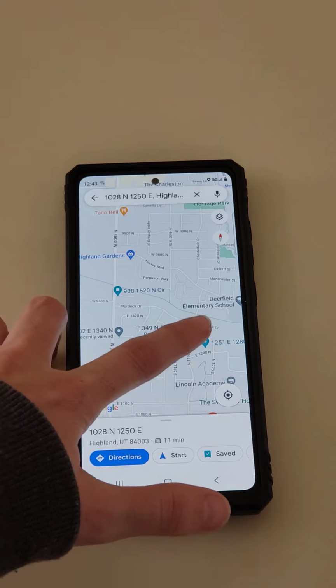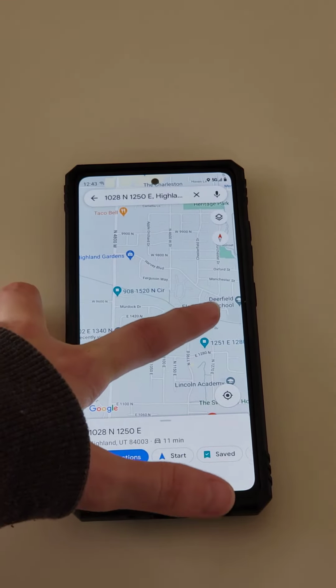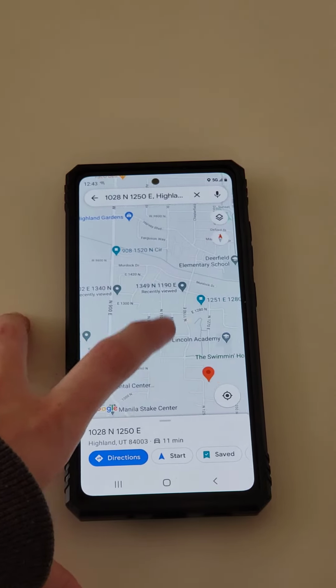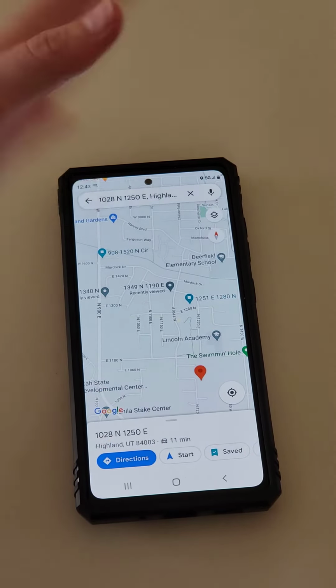and then they'll all be in order for you. So you go to one, and then you go to the next, and the maps will actually help do that. And then when you want to remove one, you just go back to the list, you make sure